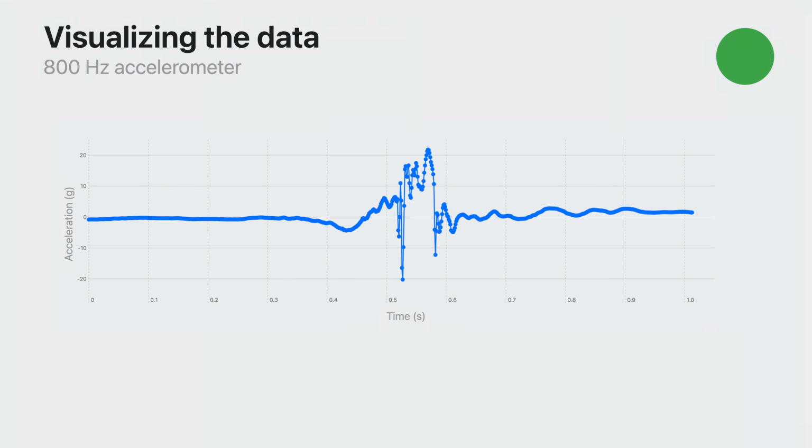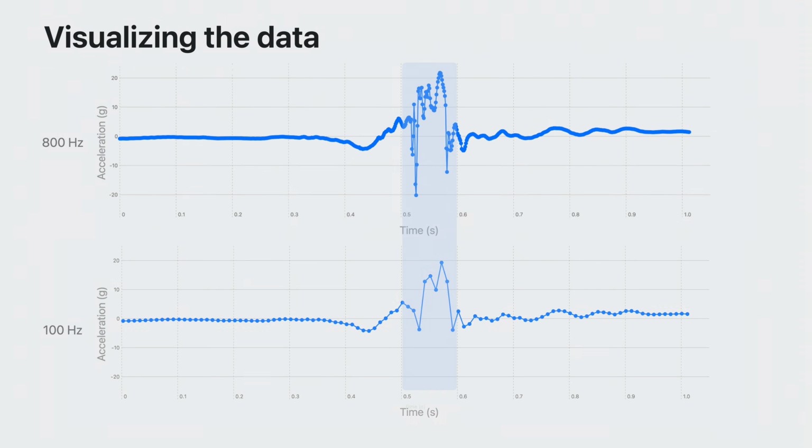for. Here, I've plotted the accelerometer data in the Z direction for a window of 1 second containing one swing. I can see that between 0.5 and 0.6 seconds, there's a burst of activity. Our algorithm to detect the point of impact will center around this observation.